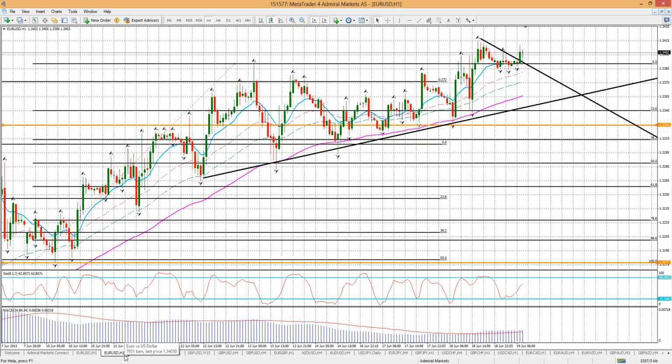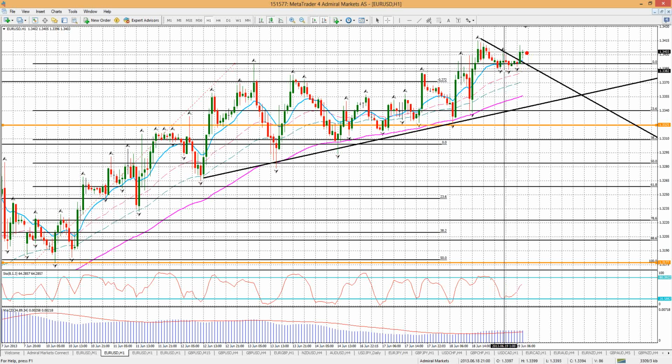Someone saying maybe BBC on euro dollar. Yeah, could be. Could be a break of this high. And the stop loss would have to be below these fractals, right? So it could make sense. But personally, I'm going to skip it. It probably will work, to be honest. And I'll probably bang my head that I didn't take it. But